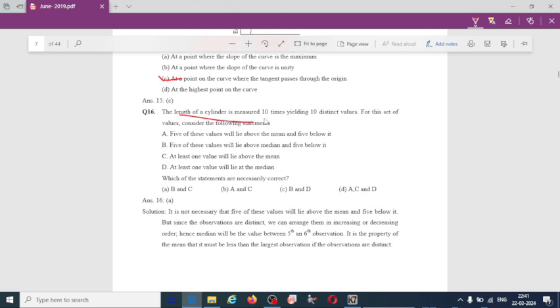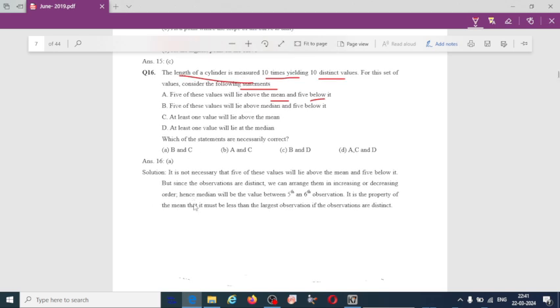The length of a cylinder is measured 10 times, yielding 10 distinct values. For this set of values, consider the following statements. 5 of these values will lie above the mean and 5 below it. 5 of the values above the median and 5 below it. So if we first look at the given condition here, it is not necessary that 5 of these values will lie above the mean and 5 below, but